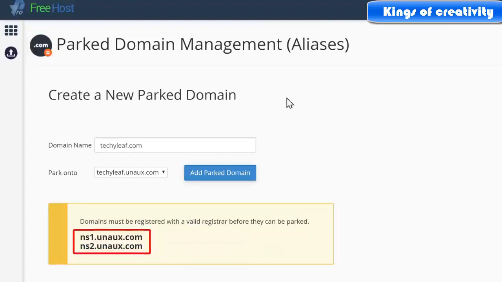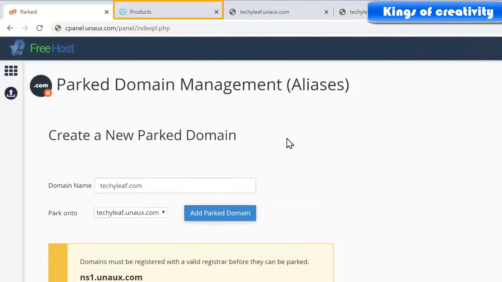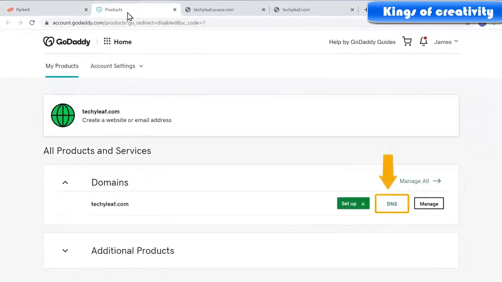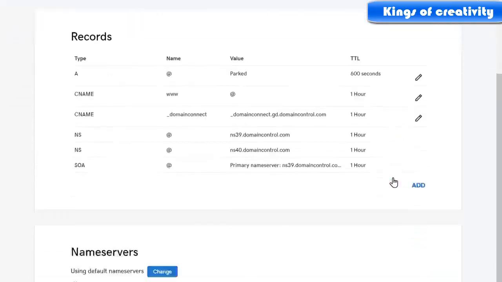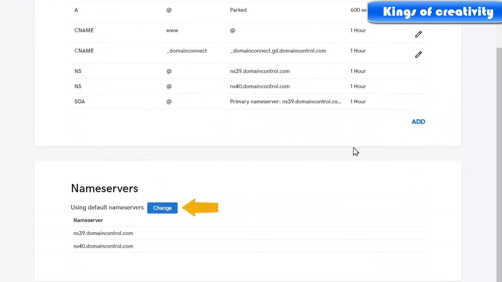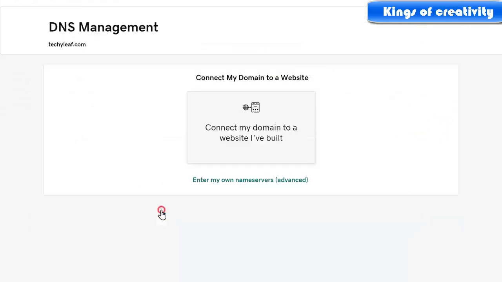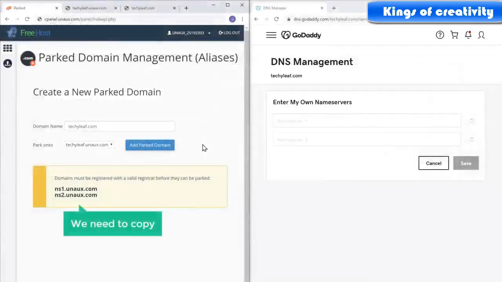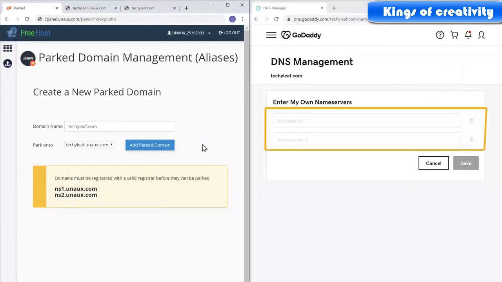So to add these details, let's go to GoDaddy and click DNS. Now scroll down and click Change. And then click here. So now we need to copy these 2 details and paste it here.